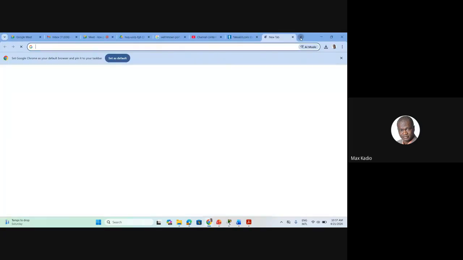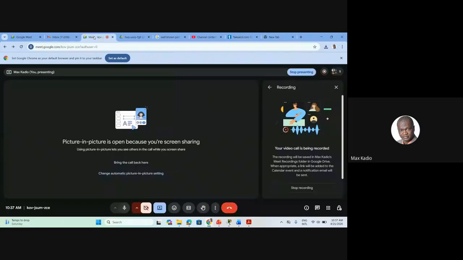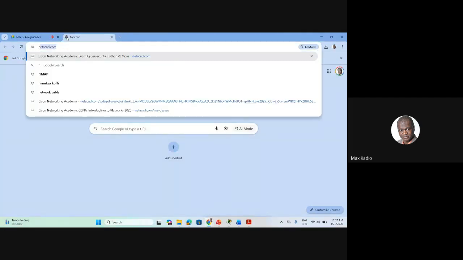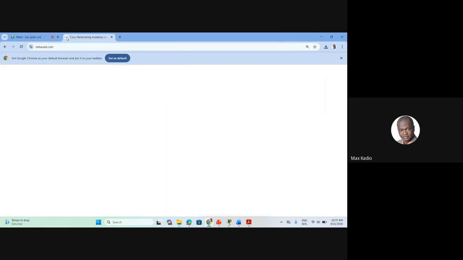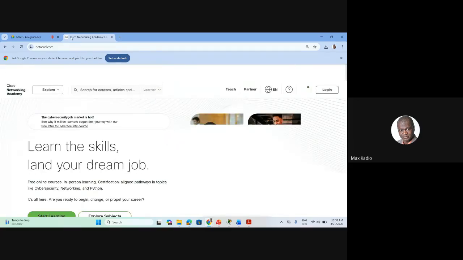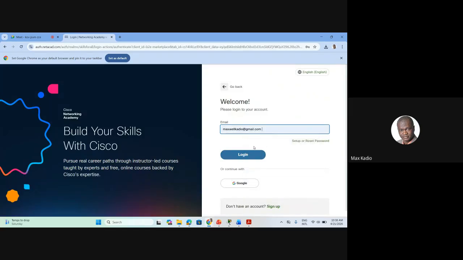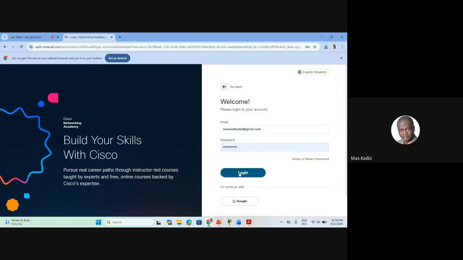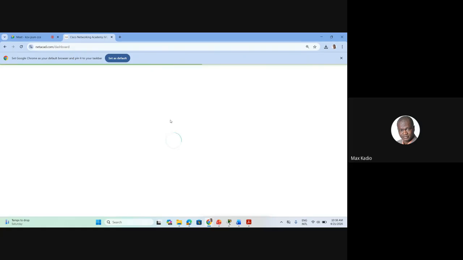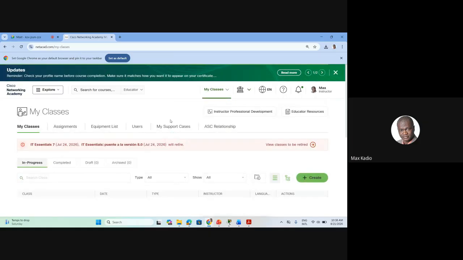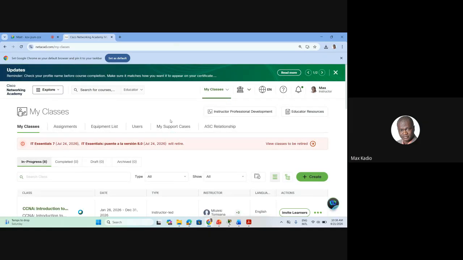To go to your NetAcad, you type netacad.com and press enter. Then you click login. Enter the name and password that you created, or you can use Google down there. Okay, so when you're here,